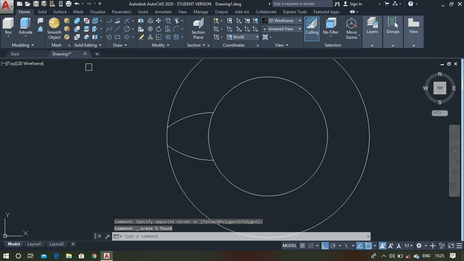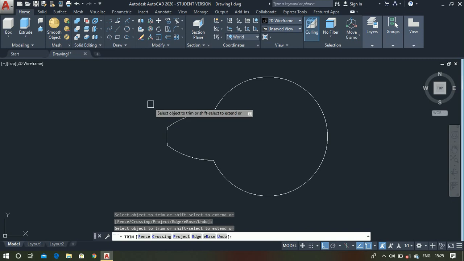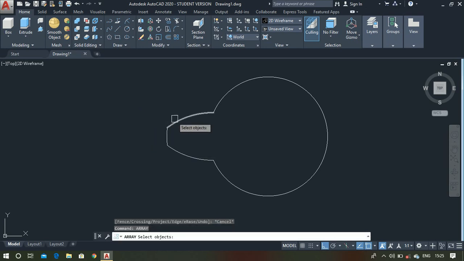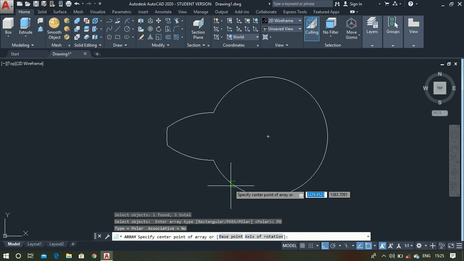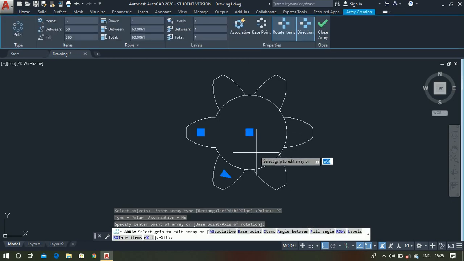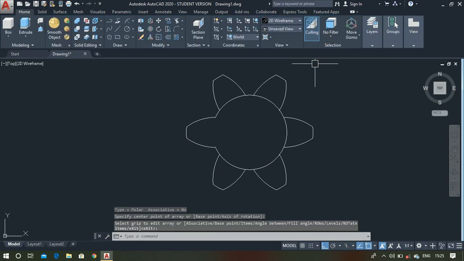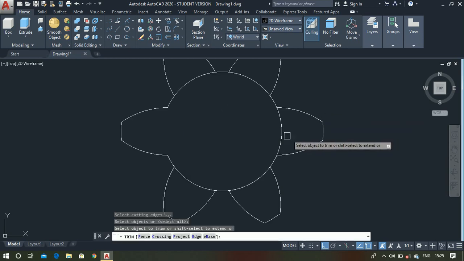Now trim the extra portion. Trim, double enter, and trim this portion and this one, and now press enter. Now use the array command, select all these lines and press enter. Select the polar array option, click at this center point, and by default it has the number of items as 6, so don't change it. Now close the array. Now use the trim tool, trim, double enter and trim all the extra portions